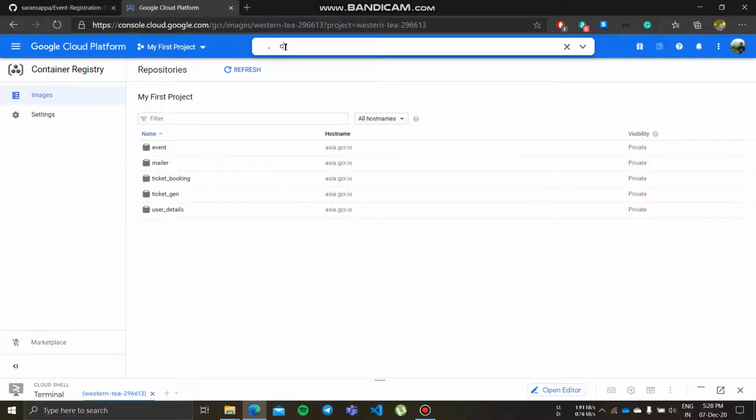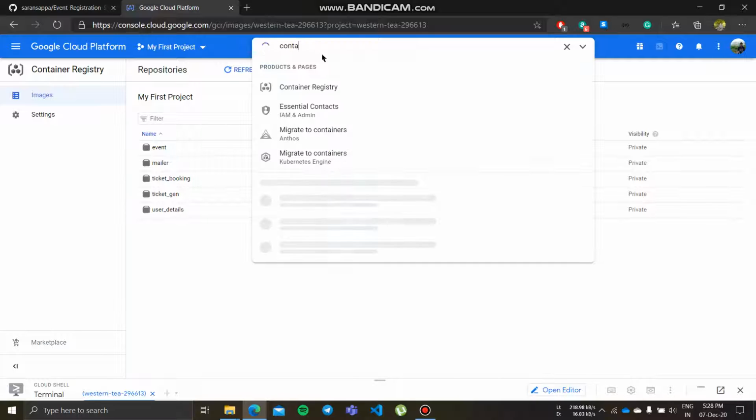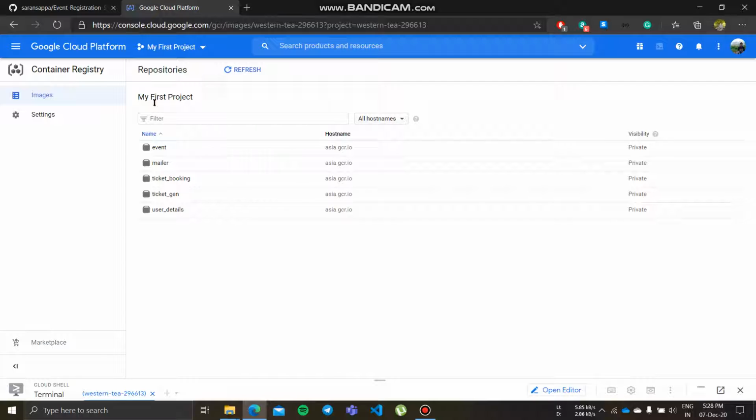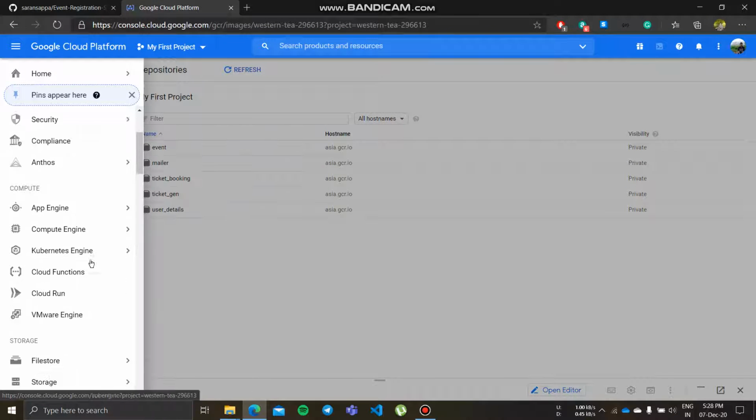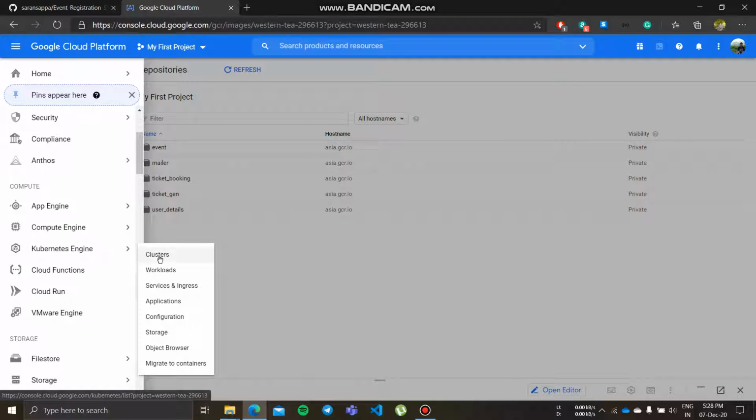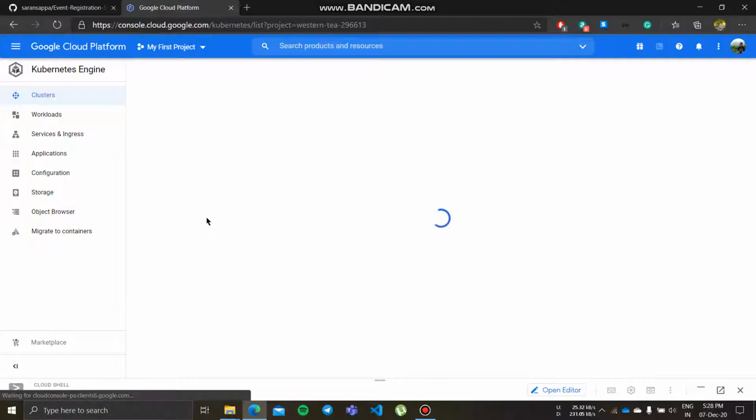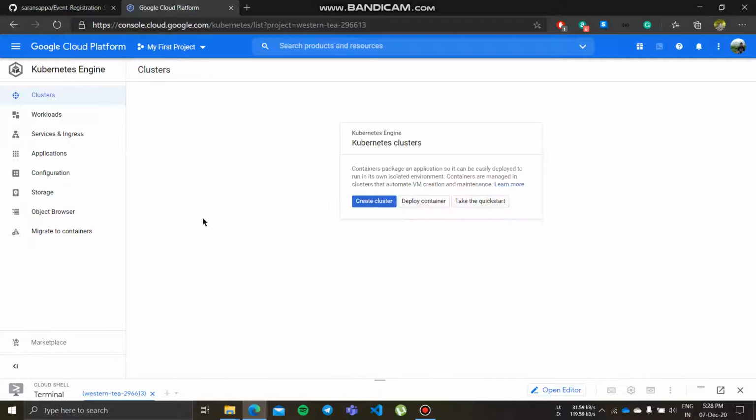When I went into the container registry by searching here, I got this page. See, here we have 5 different Docker images, one for each microservice. Now we need to go to Kubernetes Engine and go to clusters, and we need to make a new cluster for building and deploying our application.